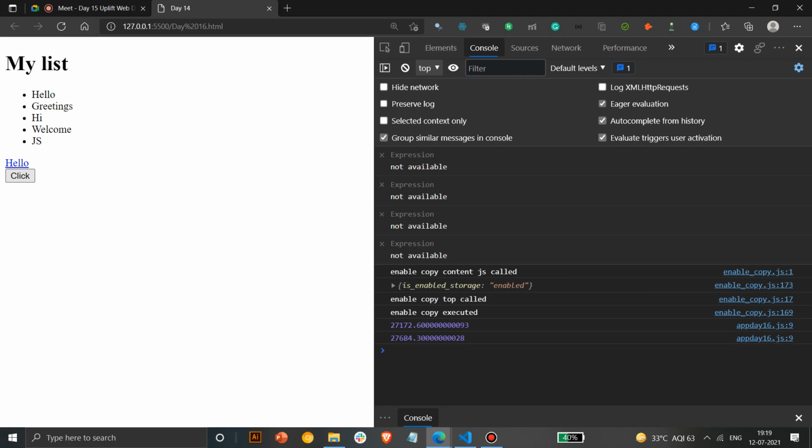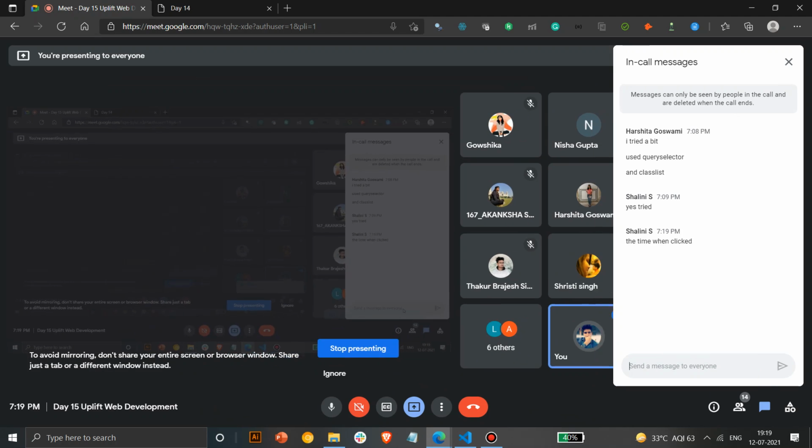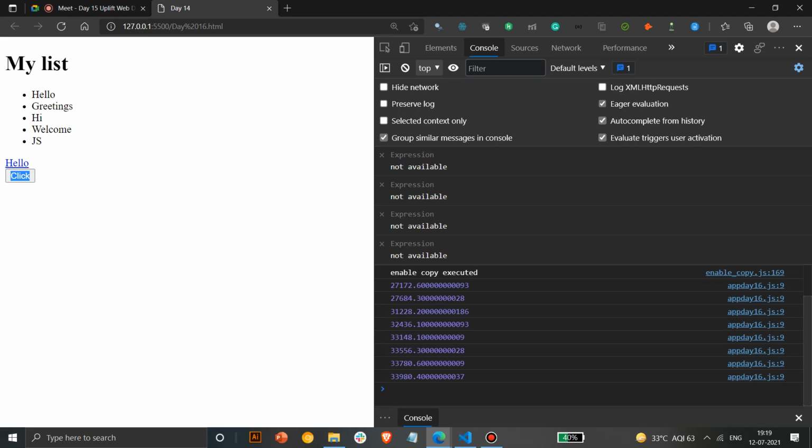It shows whenever you have clicked on a particular button. It shows at what particular time it has been done. So you can check that out, and as time goes it keeps on increasing. Time when clicked. Okay, so you can log at what particular time it is working.